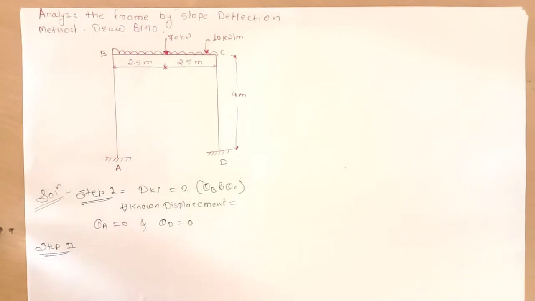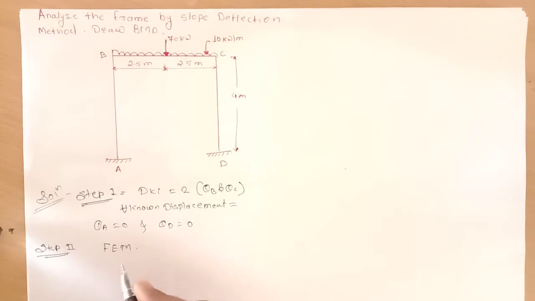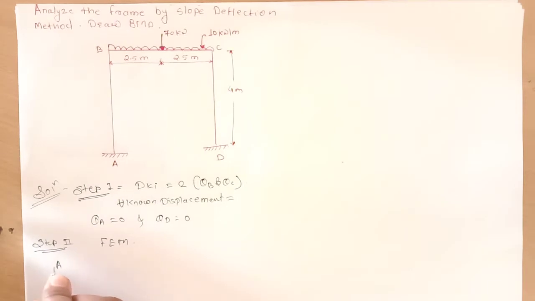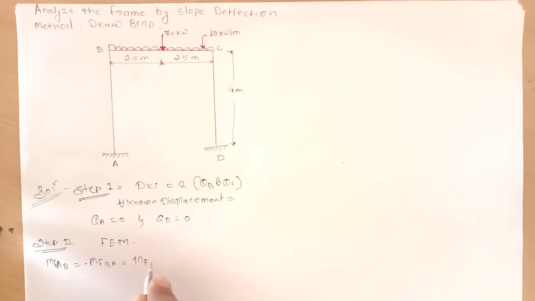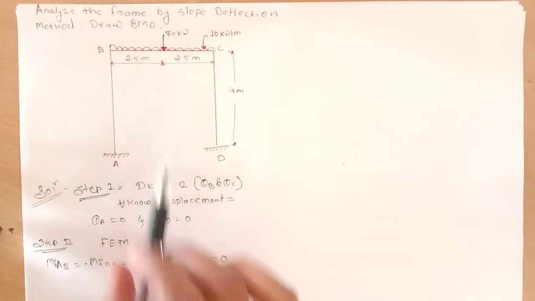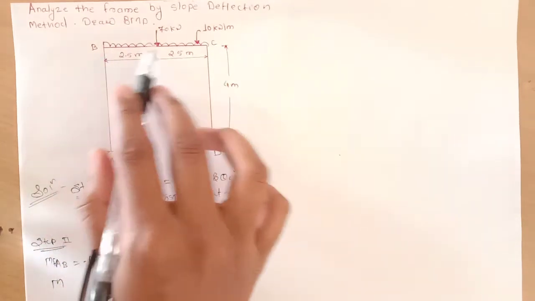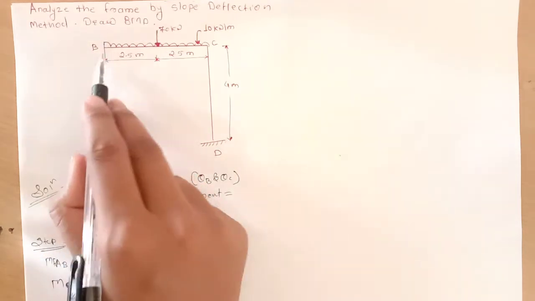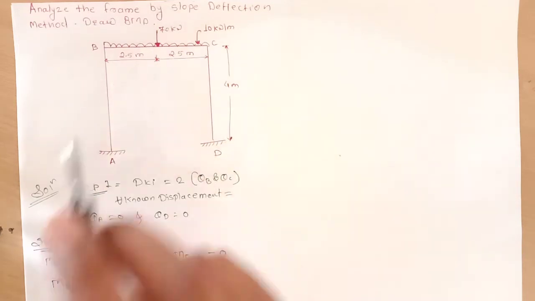The next step, step number two, is to find the fixed end moments, that is FEM. In that, first take member AB. The fixed end moment for member AB, member BA, member CD and member DC are all equal to 0 because there is no load over these members. Next, the fixed end moment for member BC: over this member two loading conditions act. So the formula is